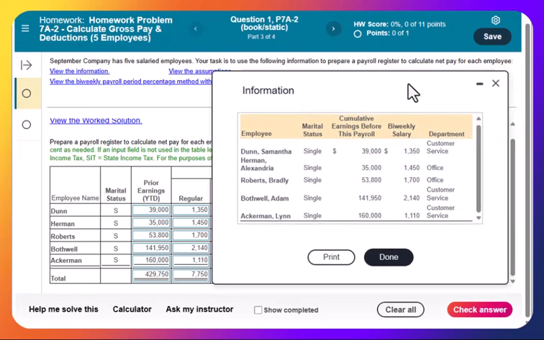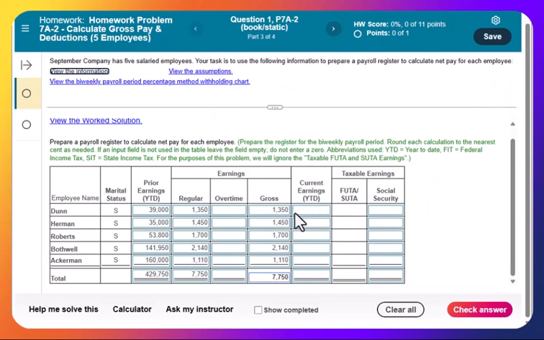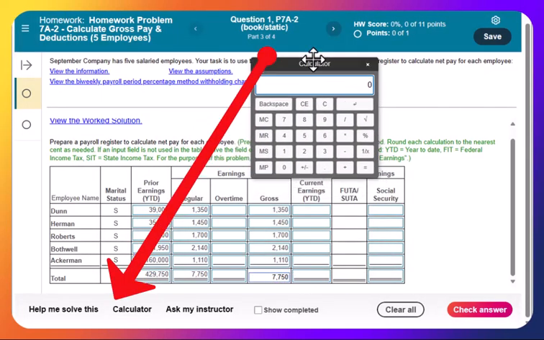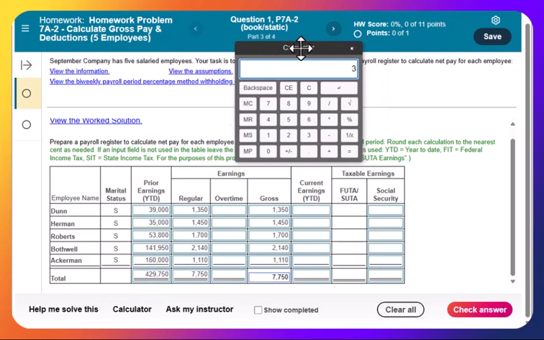Okay, so now we can see our data. We'll go ahead and close out of this. So current earnings year to date, remember, will be the prior year to date earnings plus the gross here. So for practice's sake here, we can use the calculator, or you can do this again on your own. So we'll take the 3,900 here for Dunn, and we will add the 1,350. And then we can go ahead and click in the cell and hit the enter key. And then we'll go ahead and do the same for the rest of the employees. So for Herman, 35,000 plus 1,450